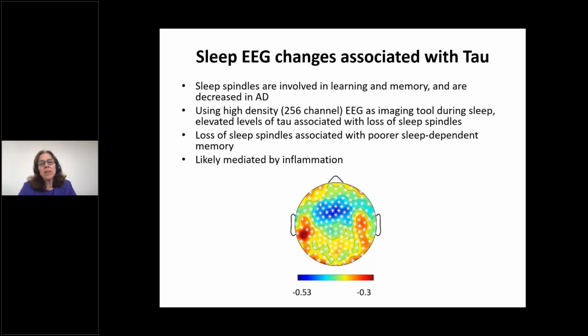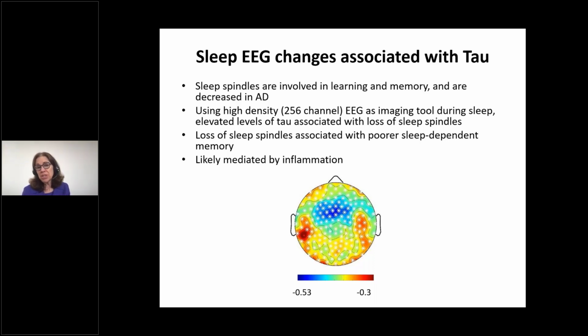And some of the work we've just done, and I think this is near the end here, is we've been, again, using what we call high-resolution EEG, so putting a net of electrodes on the scalp and looking at the appearance of sleep-related brain waves. And we have found that in older adults in their early 60s who are generally cognitively intact, but at increased risk for Alzheimer's disease and are amyloid negative, sleep spindles, which are a particular sleep oscillation that is involved in learning and memory, are decreased